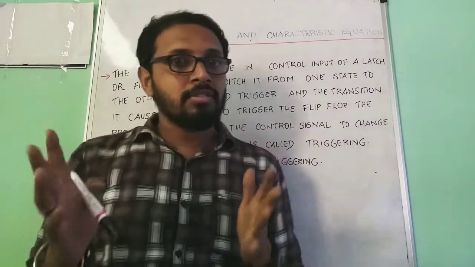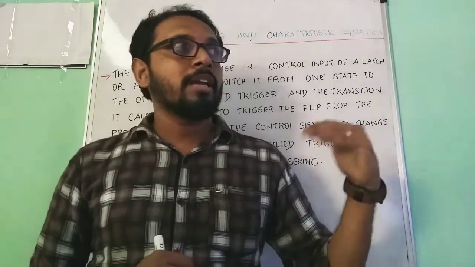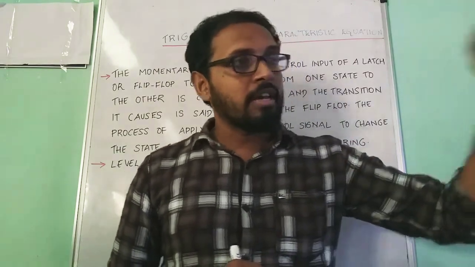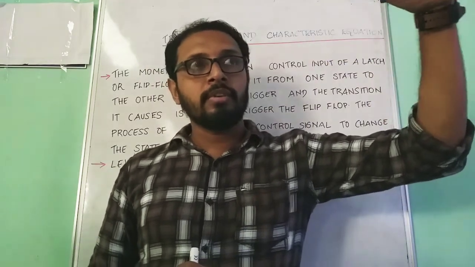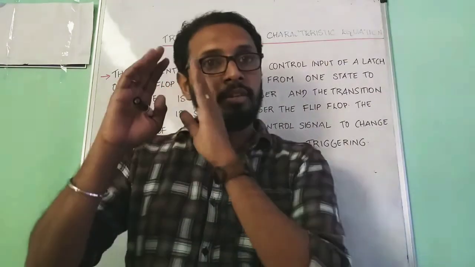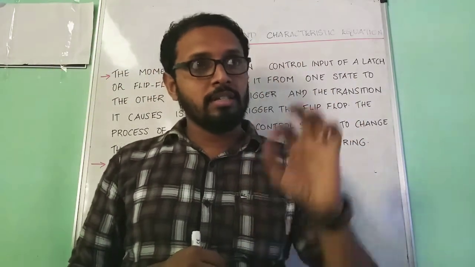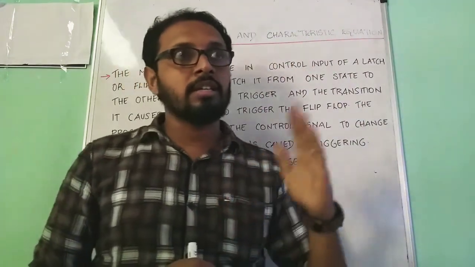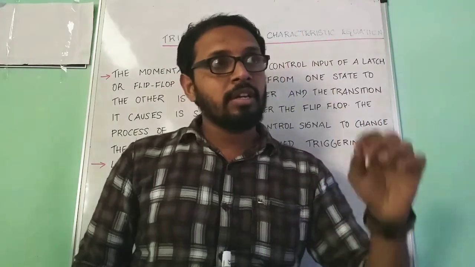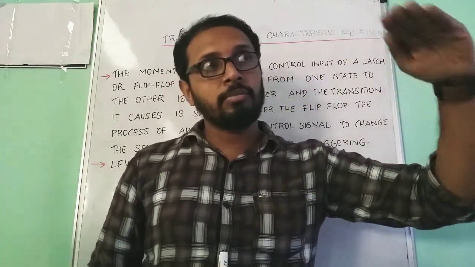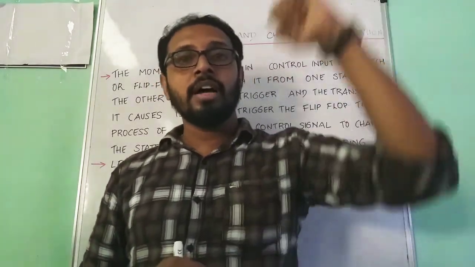Here, in pulse triggered flip flop, the third case, a master slave flip flop, we use the complete pulse as a whole. Whereas in the case of level triggered, we use the trigger when the pulse is on the higher end, that is, the positive part. In edge triggering, there are two cases: positive edge trigger and negative edge trigger. In positive edge triggering, the change happens when the pulse goes from 0 to 1, and in negative edge triggering, the trigger happens when it goes from high to low.